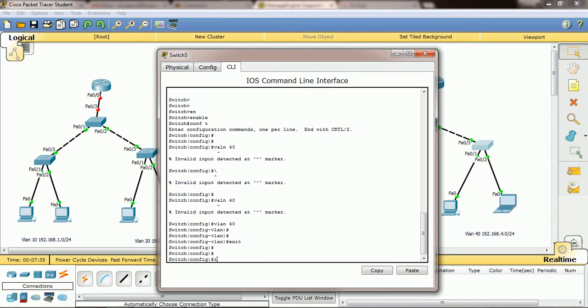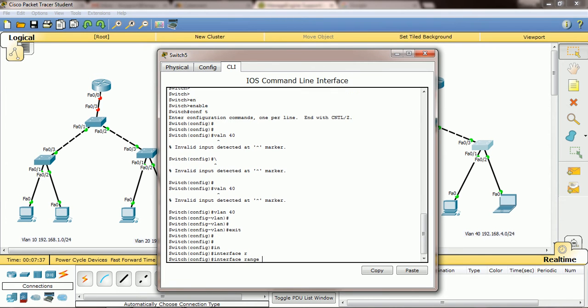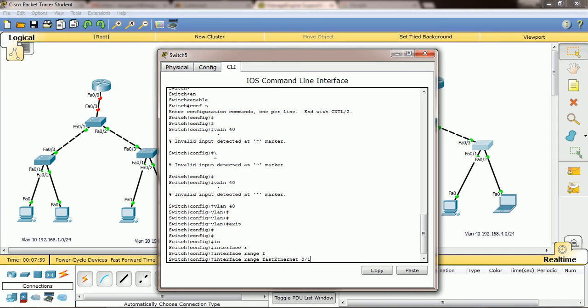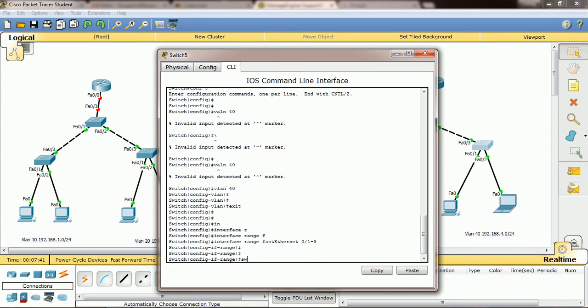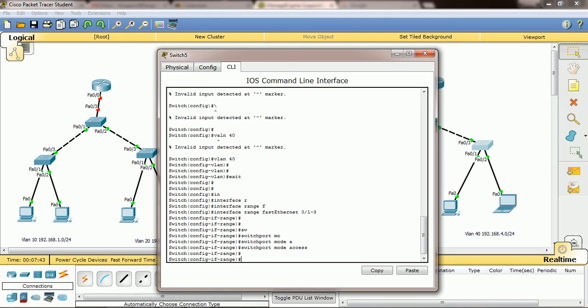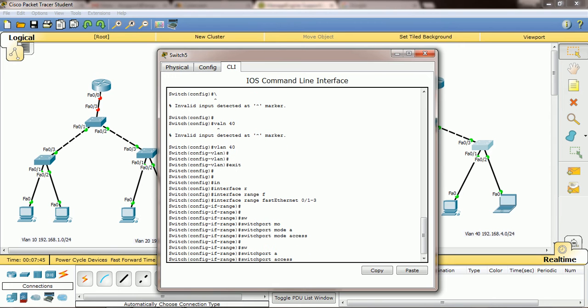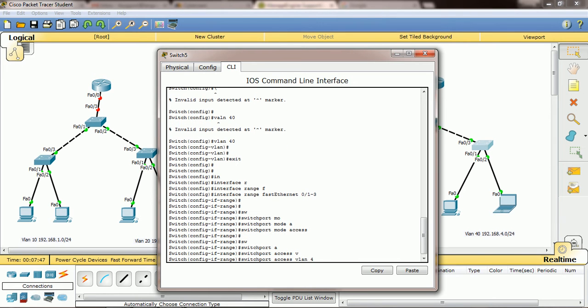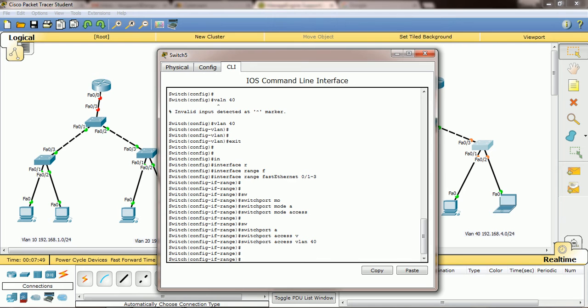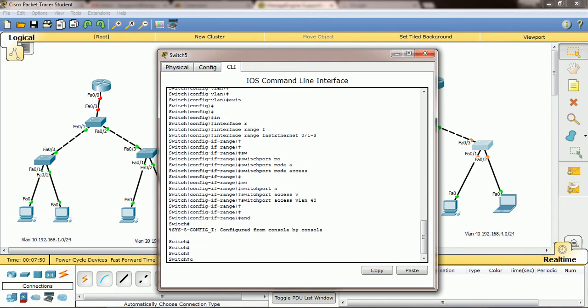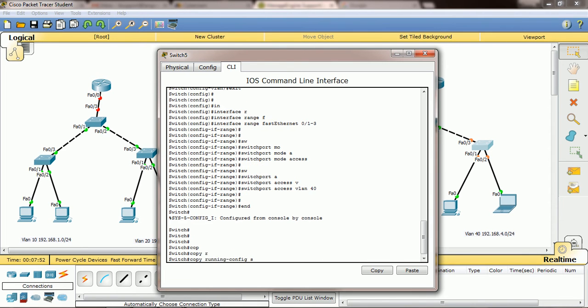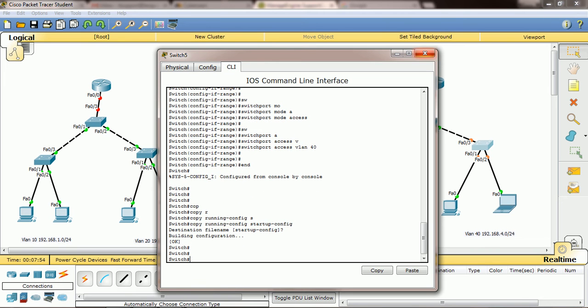Then exit, then interface range fast ethernet 0/1 to 3, switchport mode access, switchport access vlan 40, right? Then end, copy running-config startup-config. Okay, now 4 switches are done.